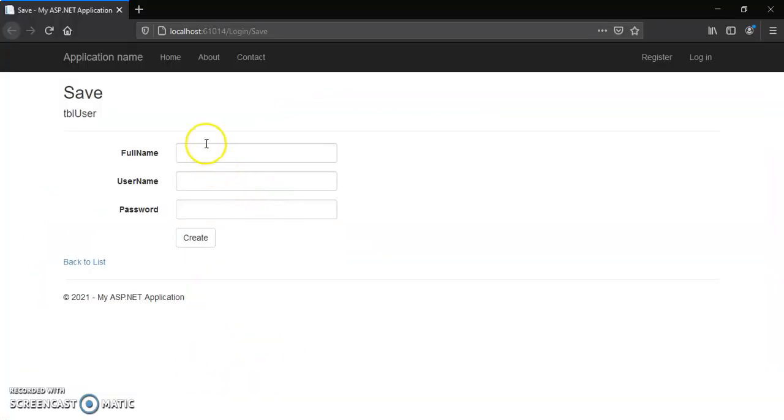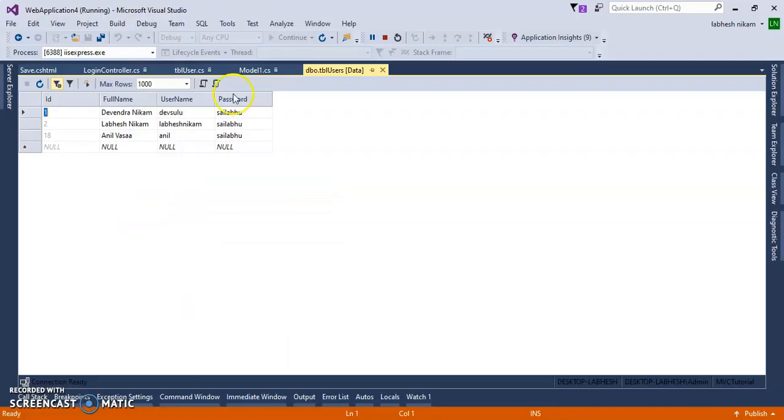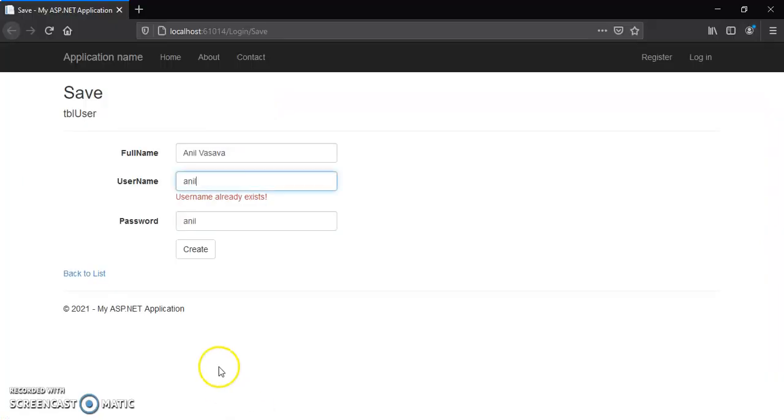We'll add a new name, Anil Wasawa, and add Anil, then it will save. Okay, "username already exists", is Anil existing inside of the table? Let's see first. Yes, Anil exists. This Anil Wasawa exists, so it is giving the error.